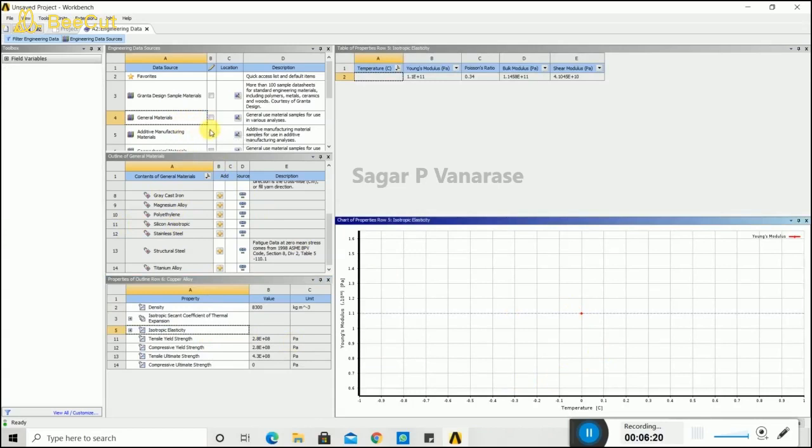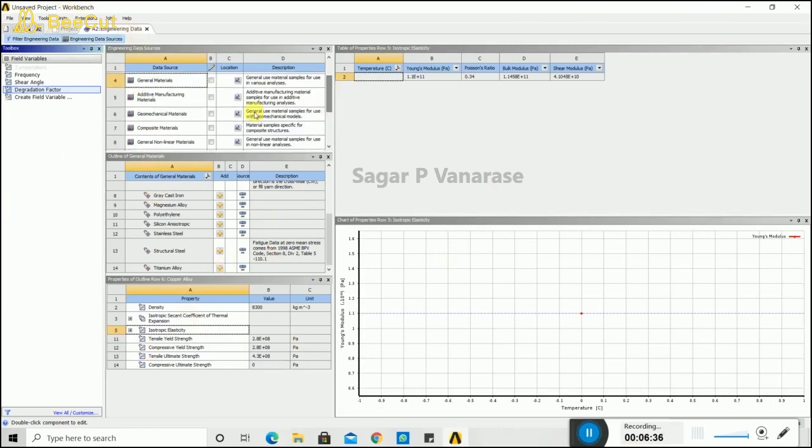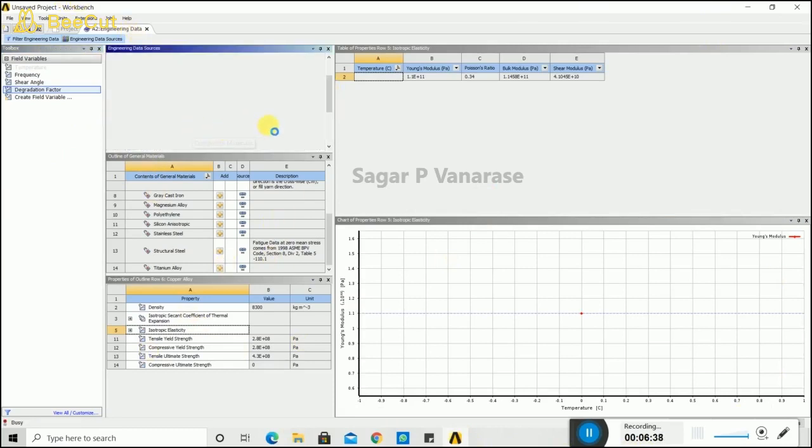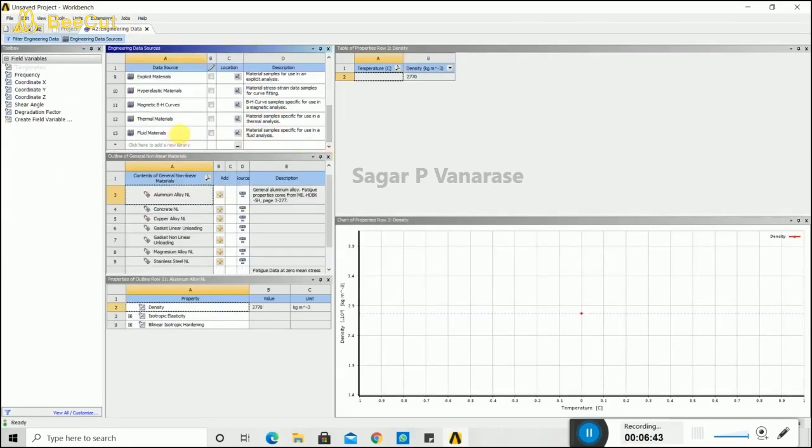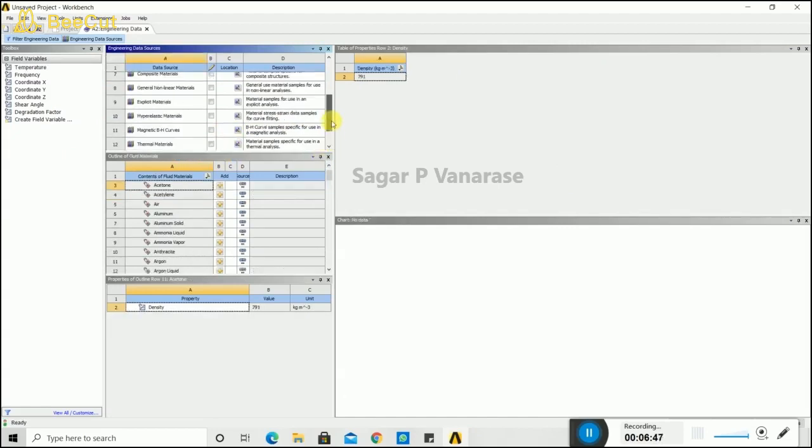After that, we can also find various types of properties in ANSYS. We can also find the temperature, Poisson's ratio, bulk modulus, shear modulus. Each and every piece of information about a specific material can be shown in the ANSYS model. There are the field variables, different types of frequency, shear angle, and more we can see.